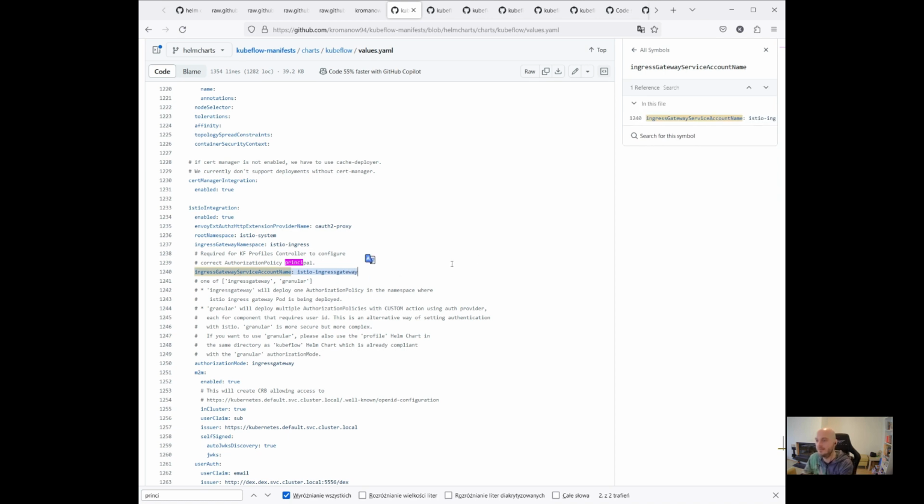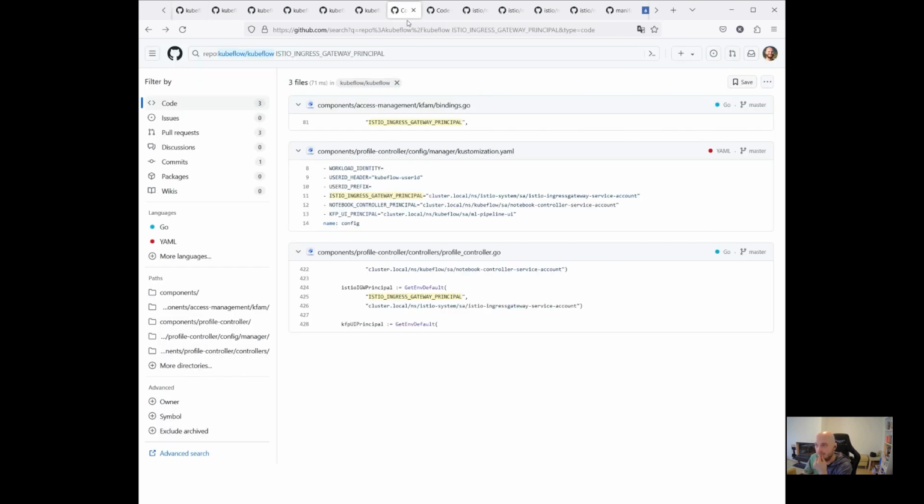It is defined like that. And so if we were to see what is the default, this would be the default. The name is istio-ingressgateway service account. And now, if we want to rely only on Helm charts, this becomes a little complicated because this is the